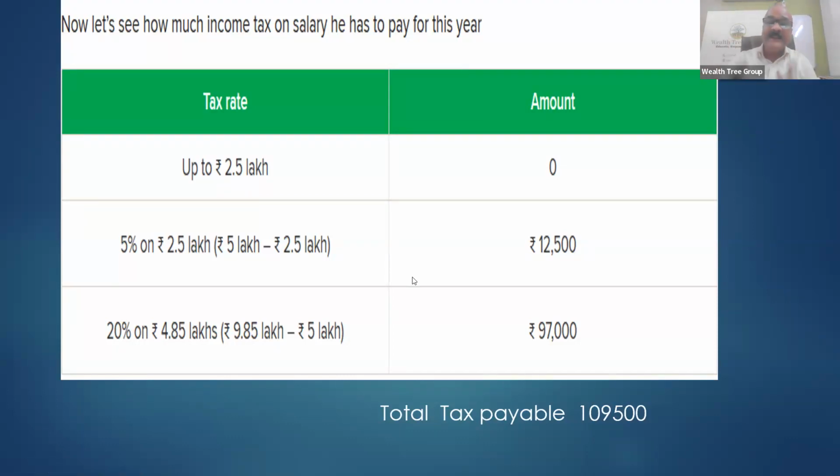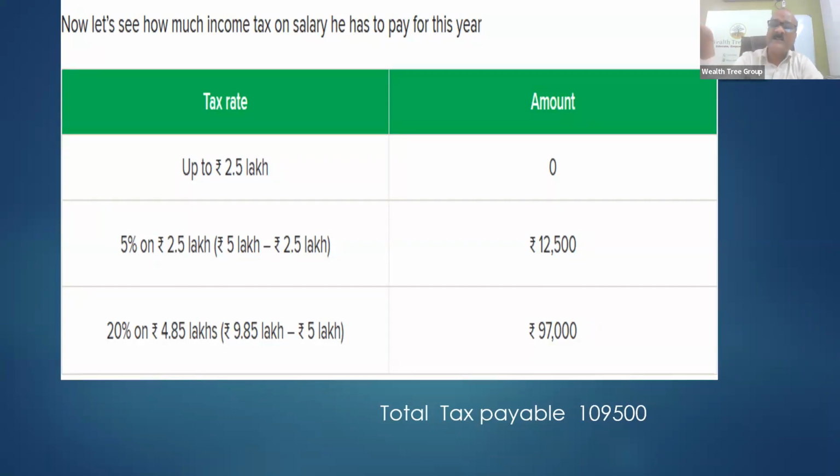So now our main interest is not this. Anyway, you give your papers to the CA and he will take care of it. The main interest of this session is how effectively you can invest in the right products that give you good returns as well as tax benefits. You cannot just say, okay, I want 80C, I will take some policy or some fund. Whatever you invest in out of this deduction should pay you good returns and at least beat inflation.